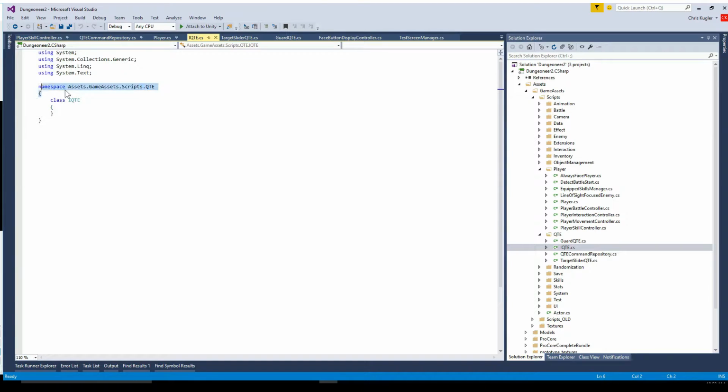So what I want to do here is I want to have my interface, IQTE. It's going to take activate,